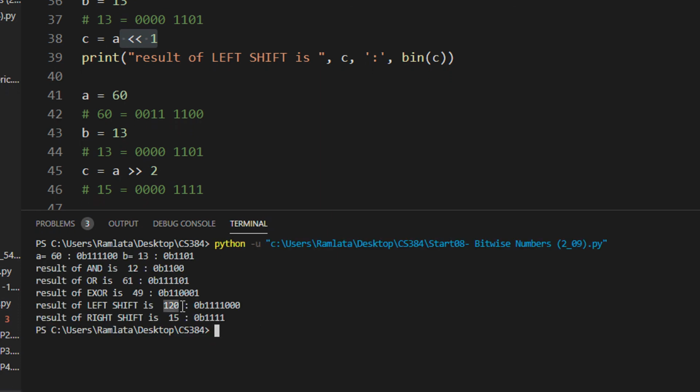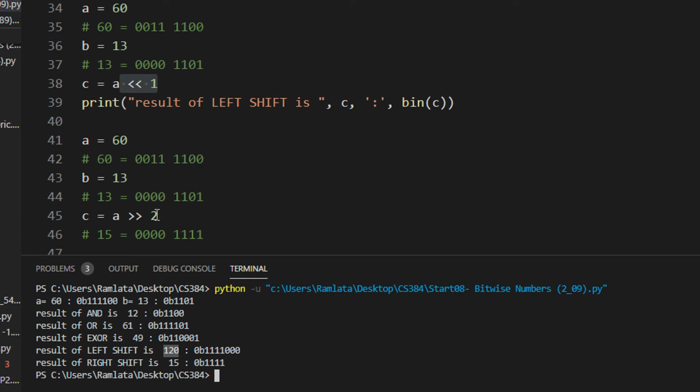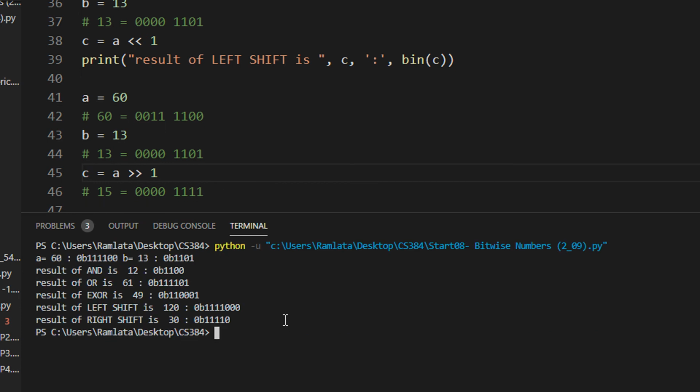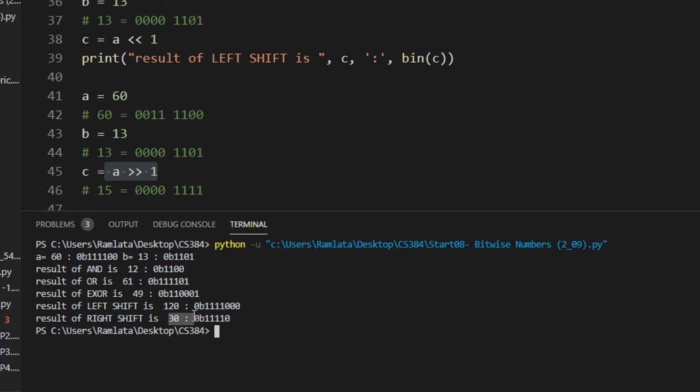120, right? So what is the process to divide the number by half? Just right shift by 1, and there you go. 60 was the input, and when I right shifted 60, this becomes 30. So this is like an O(1) operation, the quickest operation, right? Because division and modulus are very expensive operations.